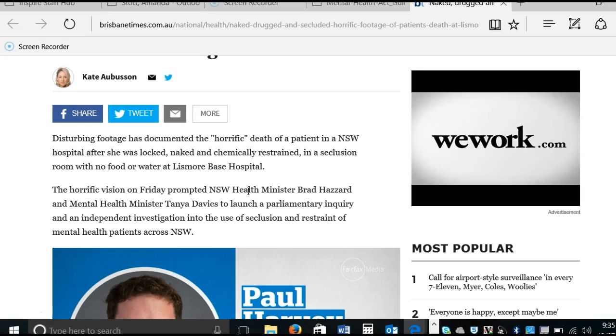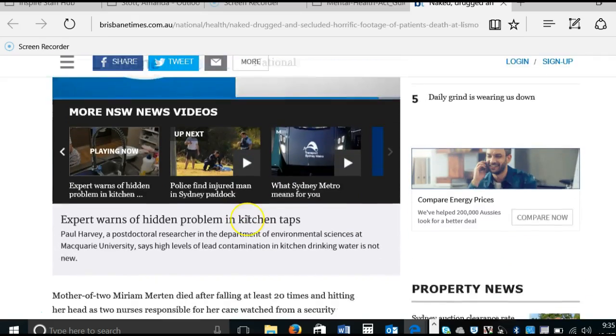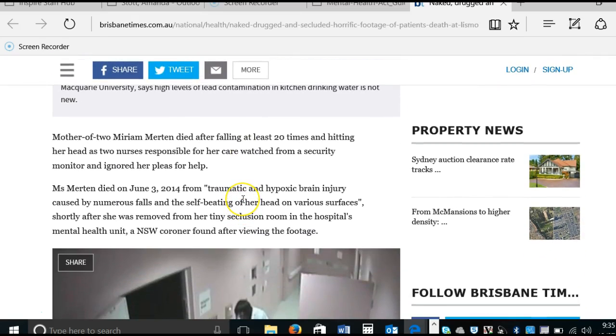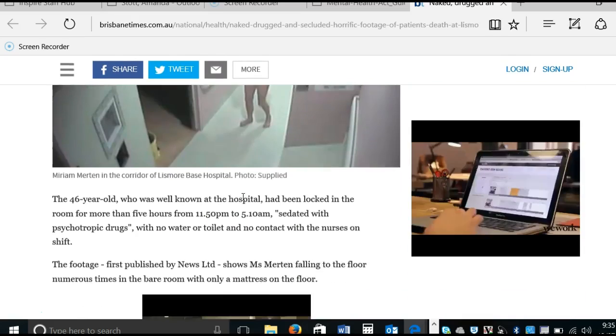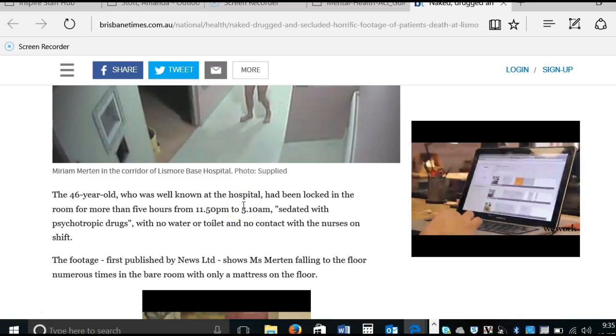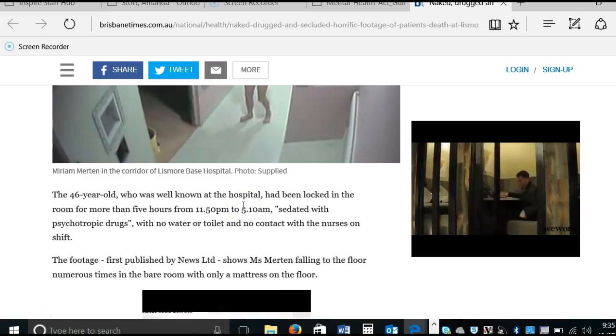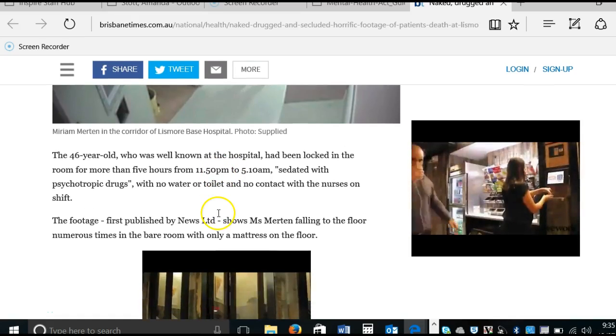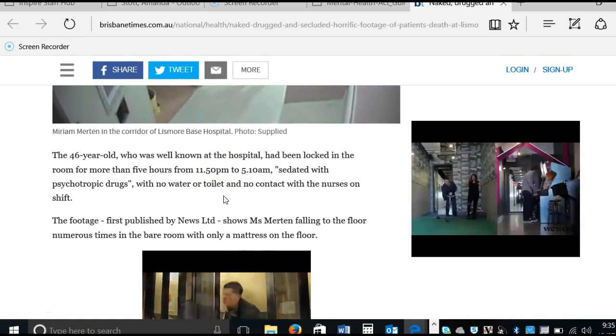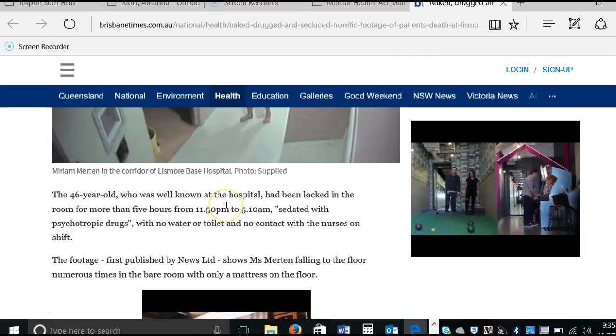And this was abrogated in this case, because when a patient is in a seclusion room, the policy dictates that they should have regular face-to-face contact. And what the nurses did, they just viewed on a monitor, and obviously they weren't doing it properly,